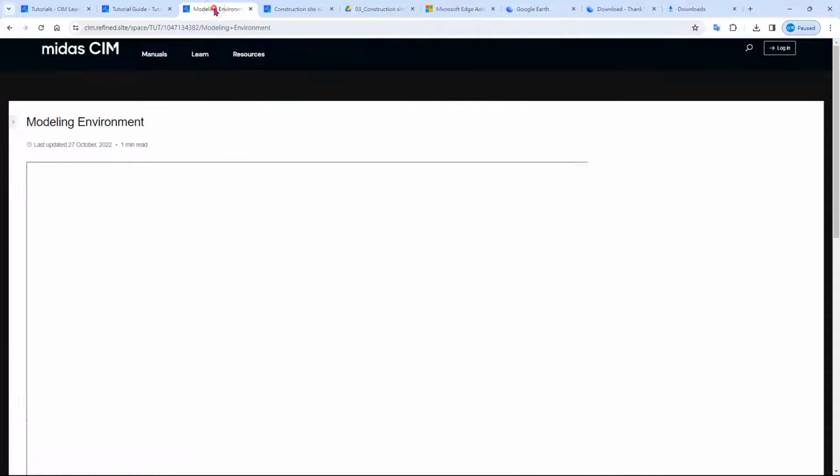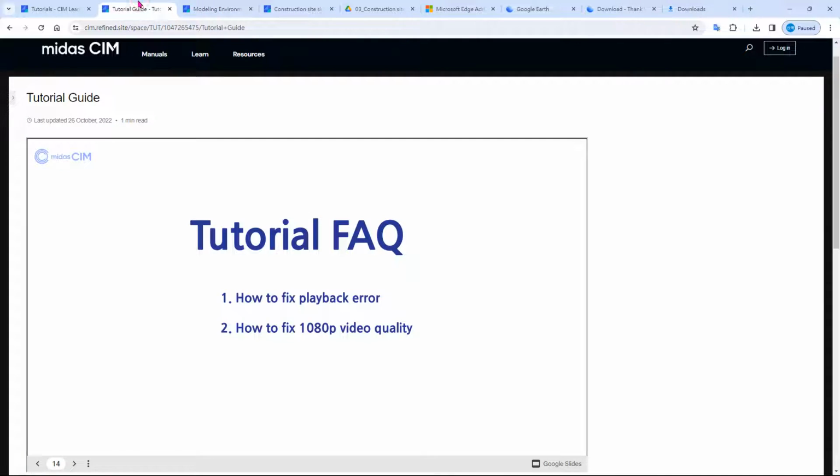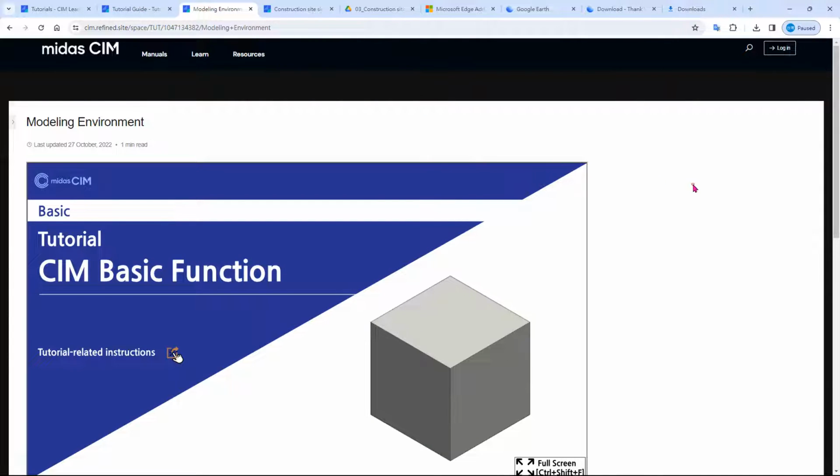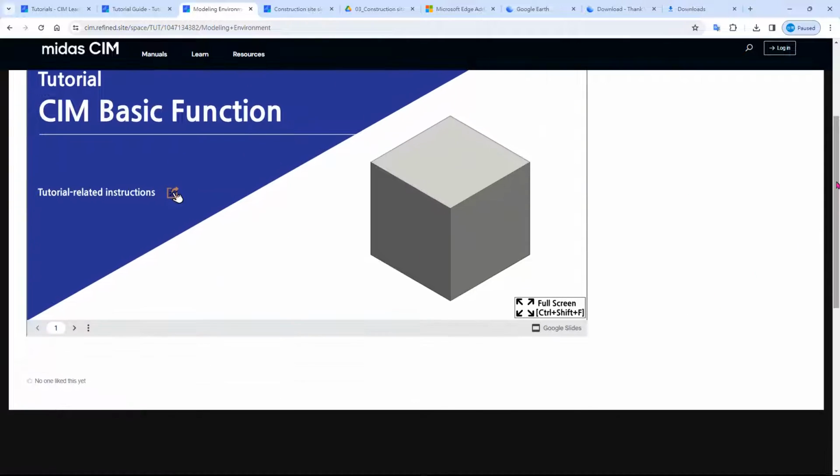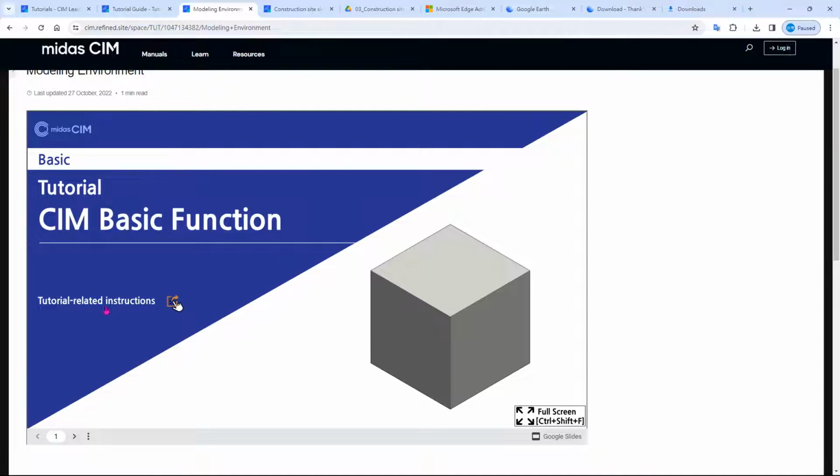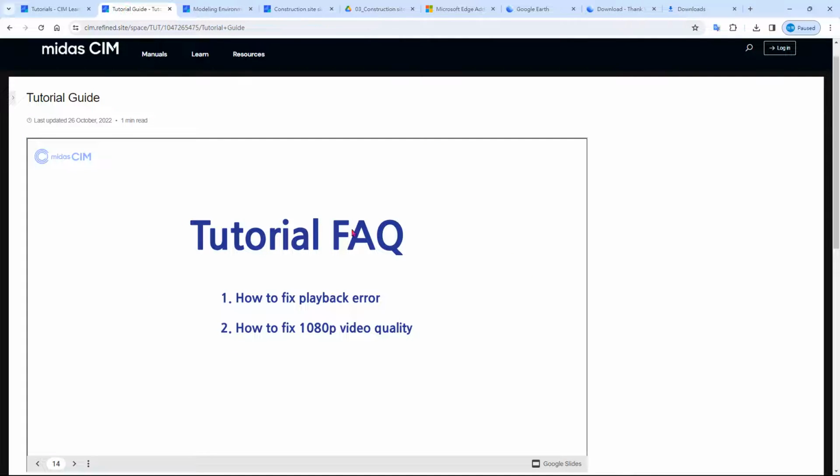Okay, moving on to the first tutorial. As you can see here in the modeling environment, you can see the cover and you can only see the tutorial related instruction. This tutorial related instruction will be going to the previous tutorial because all of the tutorials will be covered by this tutorial guide.